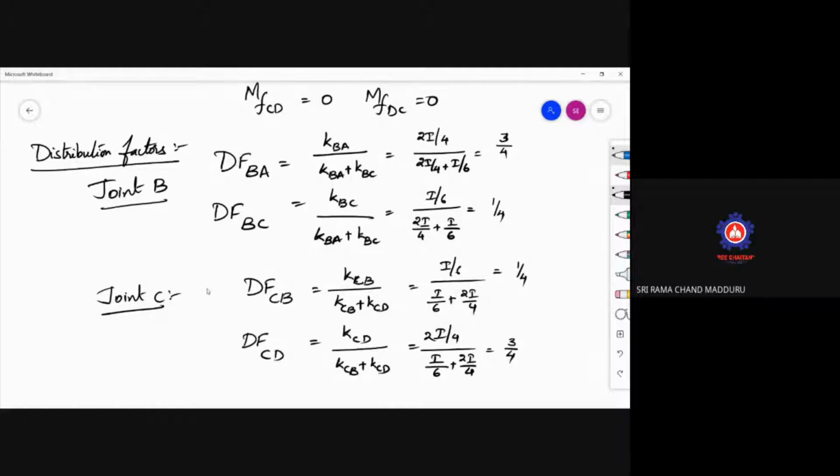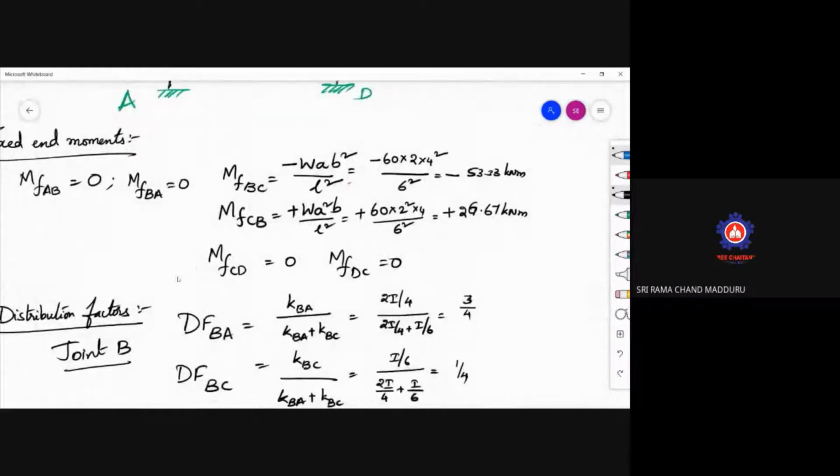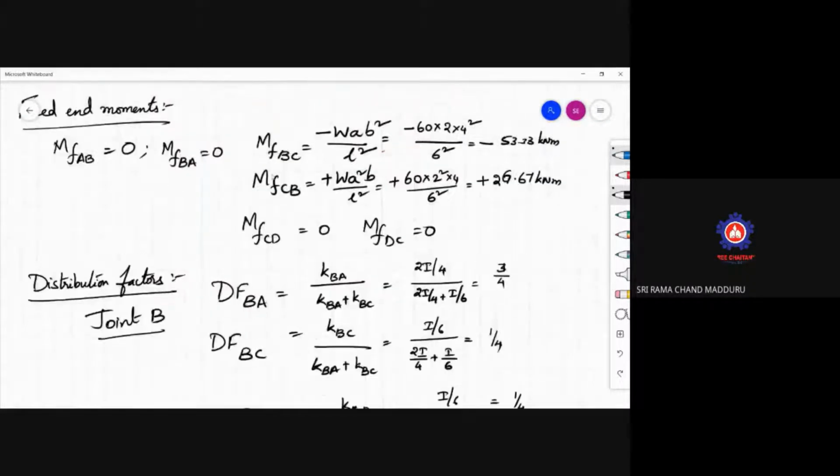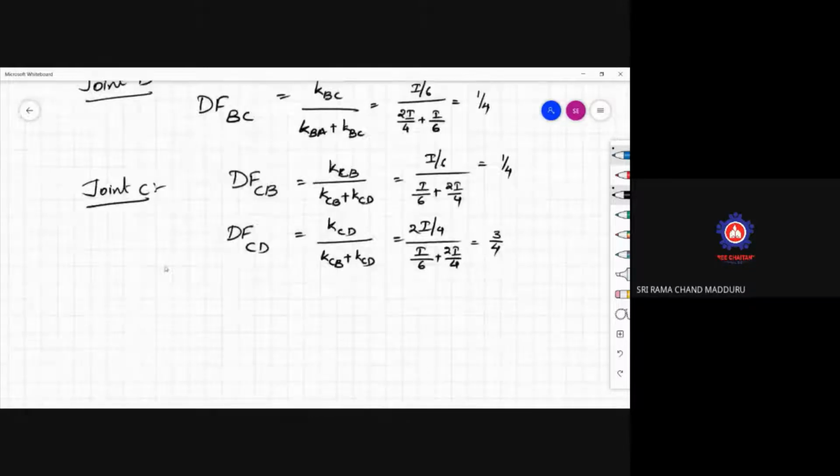In this problem, this is a sway condition. Why? Because the loading is eccentric. That's why this is a sway problem. So to do this sway problem, first of all, we will do non-sway analysis, then we will do sway analysis. In the first step, we will calculate fixed end moments. In the second step, I will calculate the distribution factors. Now I will go with the